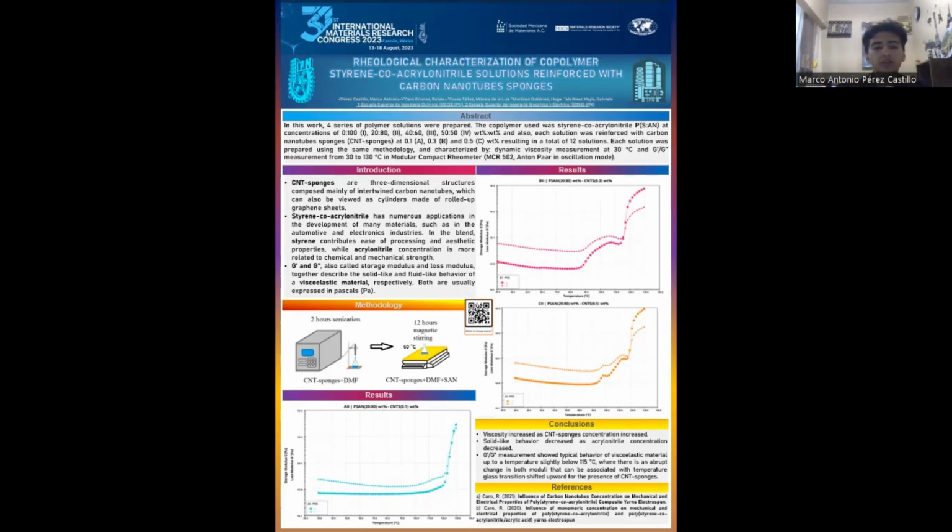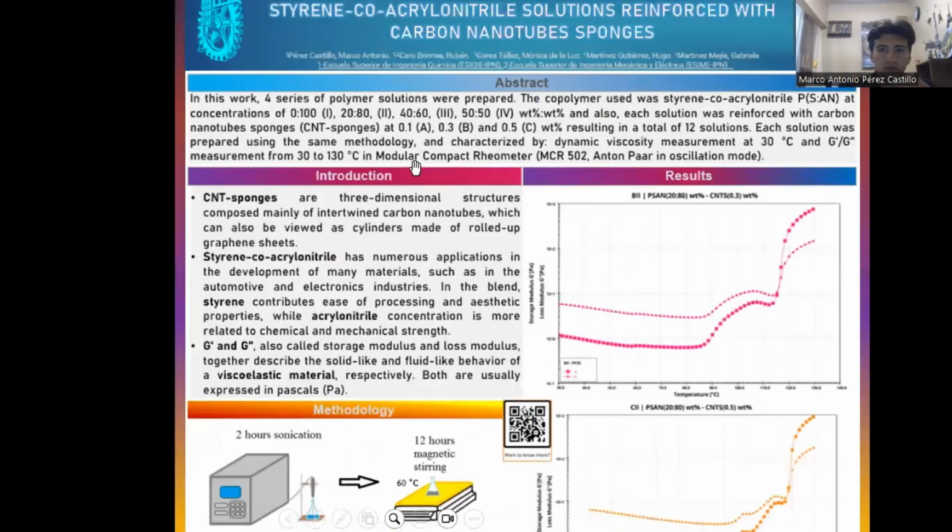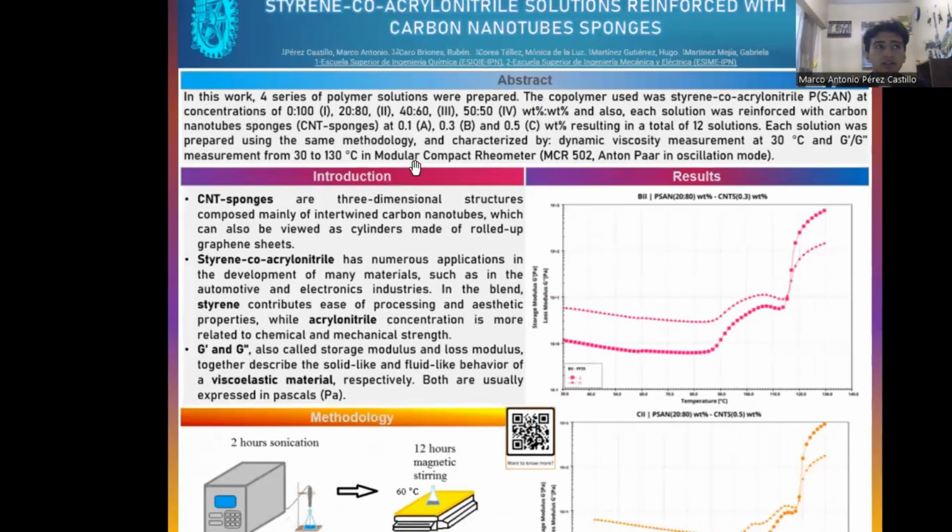In Series 1, we have 0% styrene and 100% acrylonitrile. In Series 2, 20% styrene and 80% acrylonitrile. In Series 3, 40 and 60%, and finally in Series 4, 50 and 50% of each monomer, resulting in 12 different solutions. All of them were characterized by storage and loss modulus in a temperature ramp analysis from 30 to 130 degrees